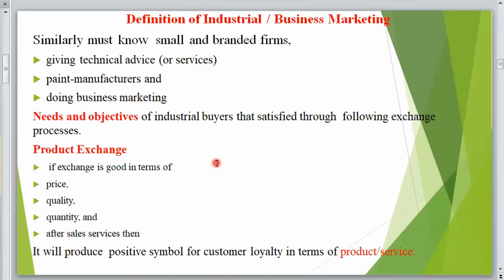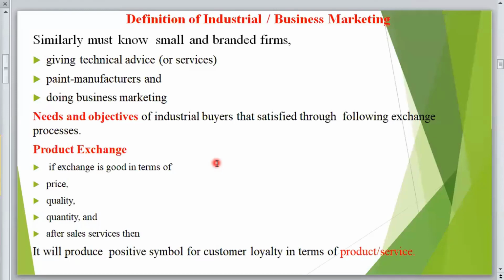So at this point you have to understand the need and objective of industrial buyers, which is a little bit different from consumer market. So what is the objective of this business organization to purchase a particular product? Is it for facilitation, or is it to solve a problem, or are there different needs, or just for making a profit and so on? You have to know the objectives. So once you understood the objective, you have to engage in